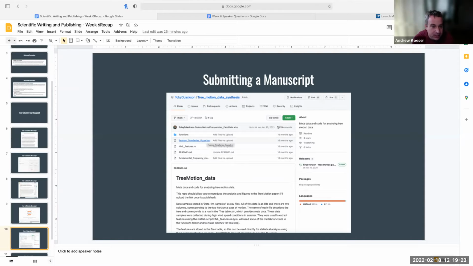Here's another example. This is someone I work with, Toby Jackson at Cambridge. He put all of his code. So someone mentioned, what do we do with our R code if we made changes to it and want to show people what we did? GitHub will allow you to put both the data and the R code up there, and it'll say down here in languages what languages are there, so people know, okay, I have to be savvy in MATLAB in this case to really get a hold of what's going on here.